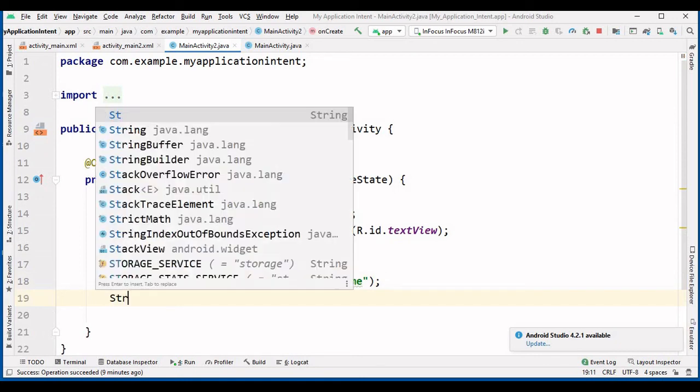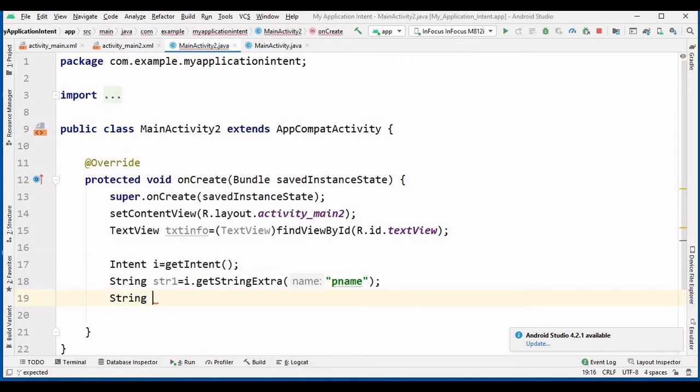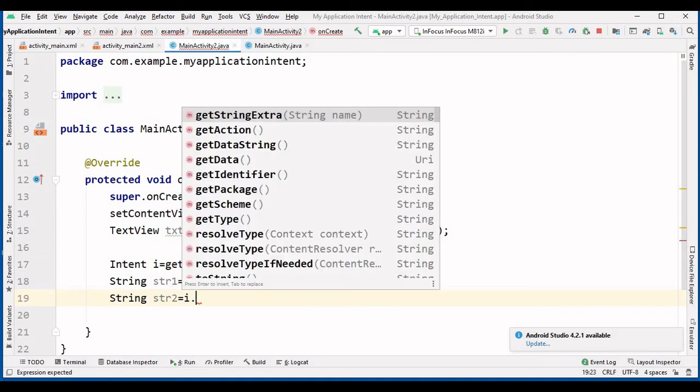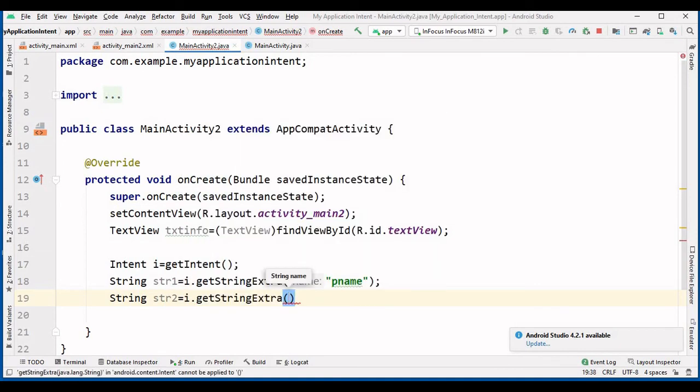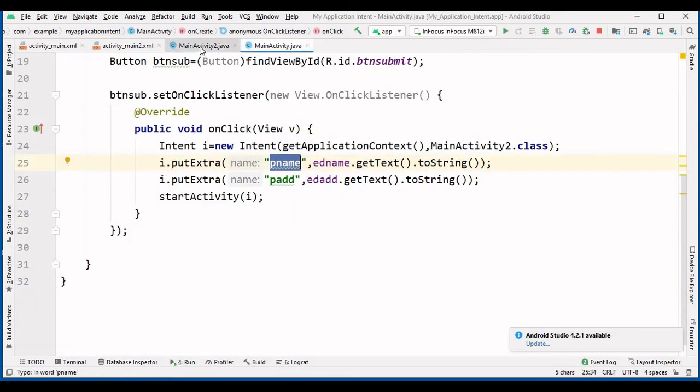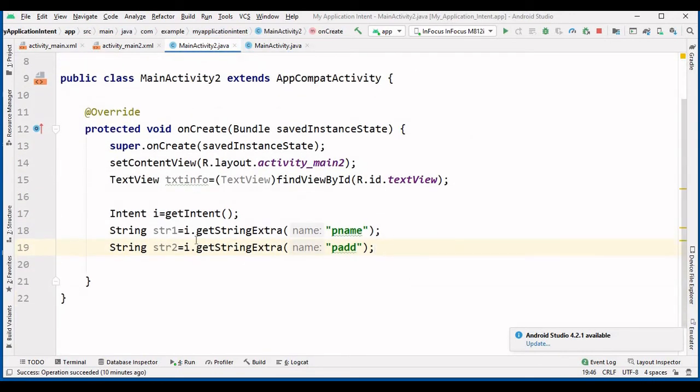After that I am passing one more value. So I will create one more variable str2, and here I will say i dot getStringExtra, and here I will say p add, I think I gave the name p add, and put the semicolon. P add, yes.